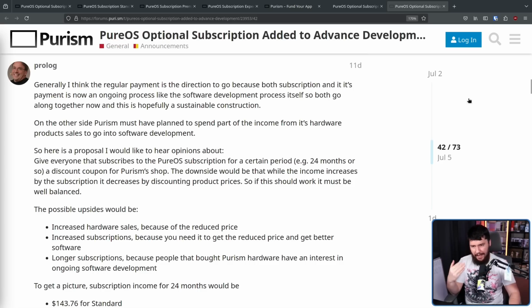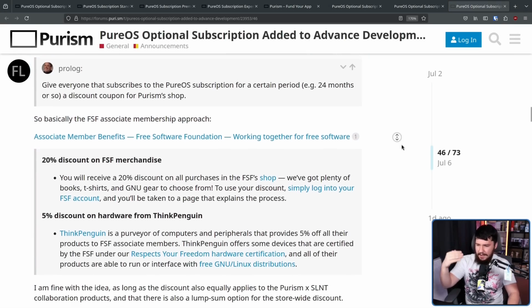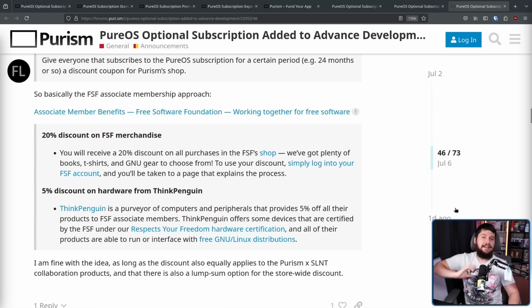And the idea of having a coupon isn't something entirely new in the FOSS world either. The FSF does the exact same thing on both FSF merchandise and also with Think Penguin. I completely understand that in many cases doing actual physical rewards or even many digital rewards can just be really expensive and completely defeat the purpose of even having the subscription to generate money for your product.